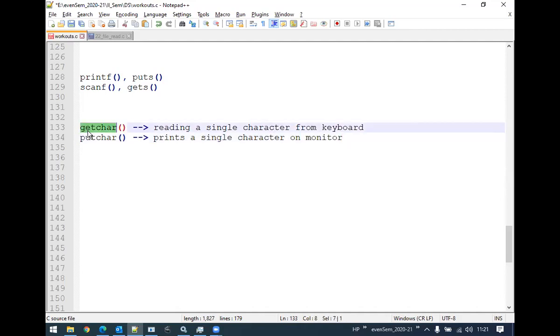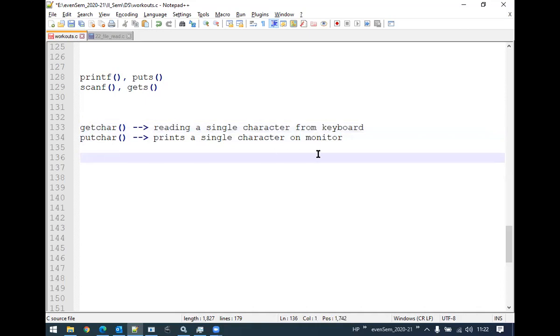These two, getchar and putchar, are used as the input operation and output operation wherein a single character can be read or a single character can be printed, from the keyboard and monitor respectively. Remember that these are not for the files, these are for the standard devices. Why are these essential?